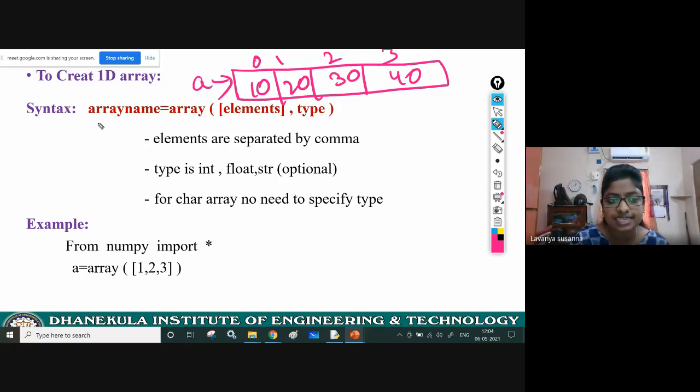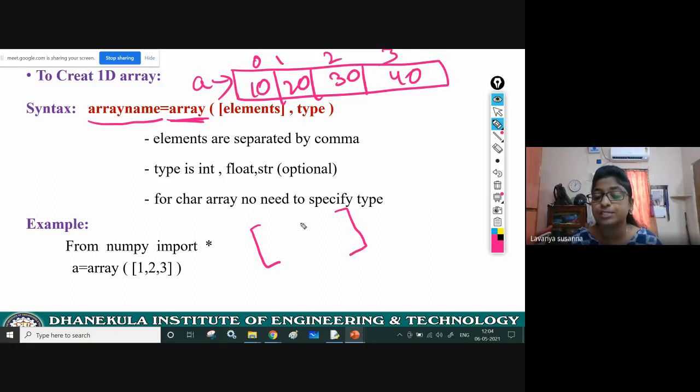Now see the syntax: array name, a variable name, equal to array. You need to use array with braces. Inside that, all the elements must be specified in an open square bracket and close square bracket, separated by commas.